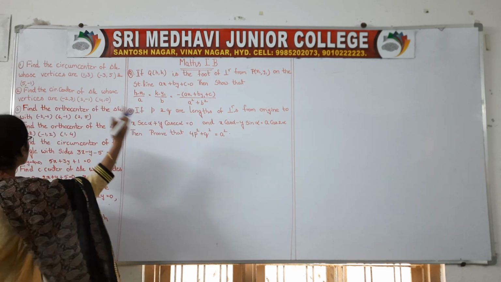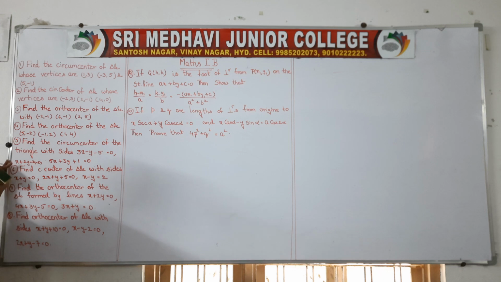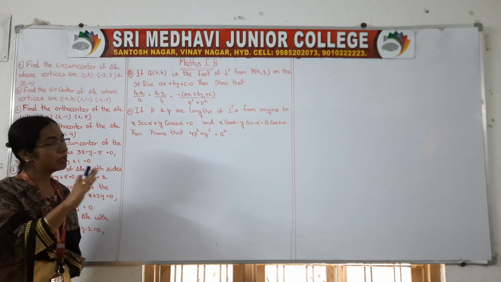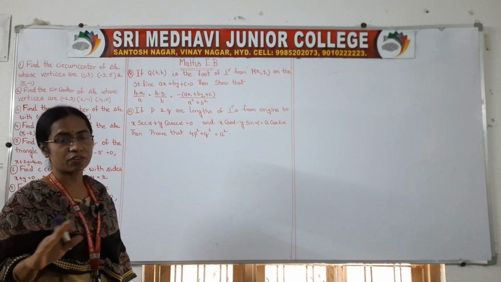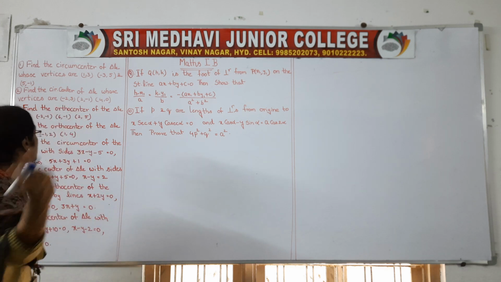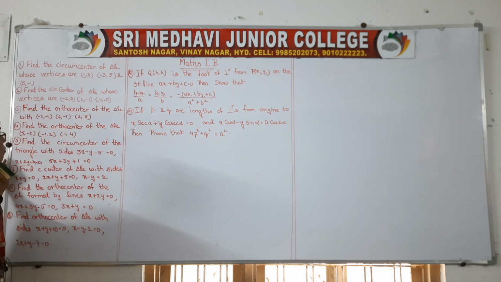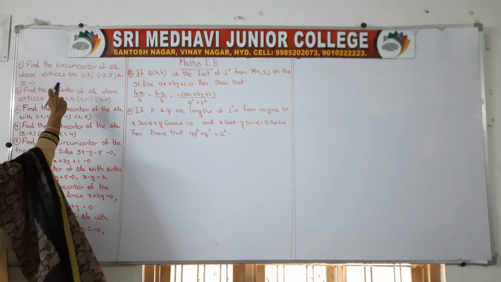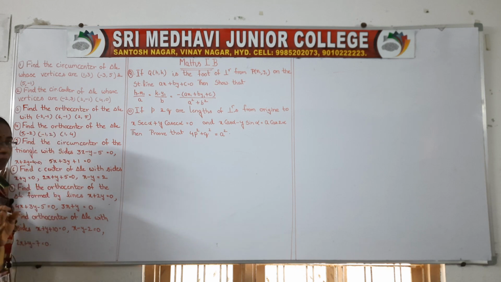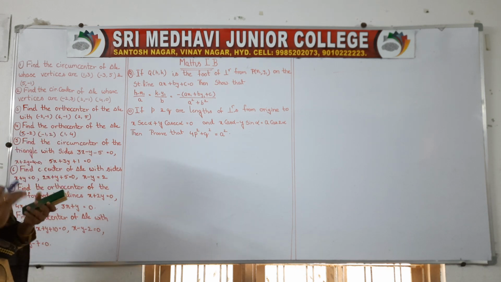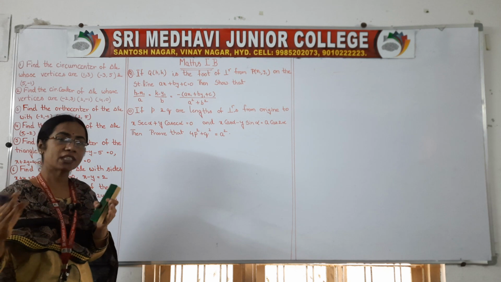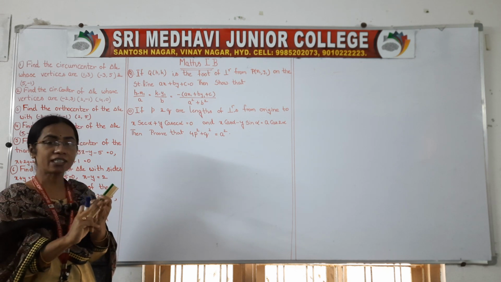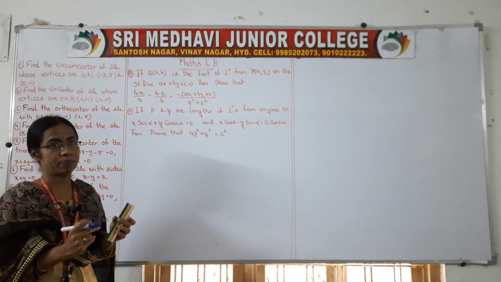If you observe, the first and second questions are the most repeated long questions from straight lines. You have all the 10 long questions, right? You should be perfect with all the 10. You cannot skip anything. First, find the circumcenter of a triangle whose vertices are given to us. First and second are of the same type, so if I explain the method for the first, it will be the same for the second.